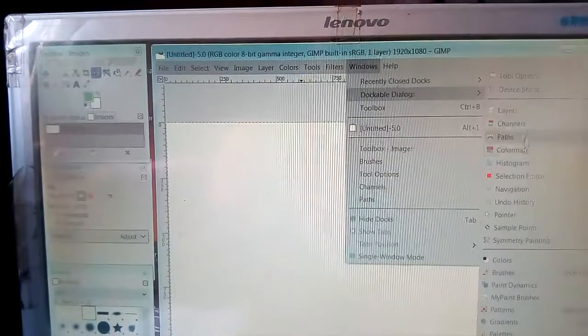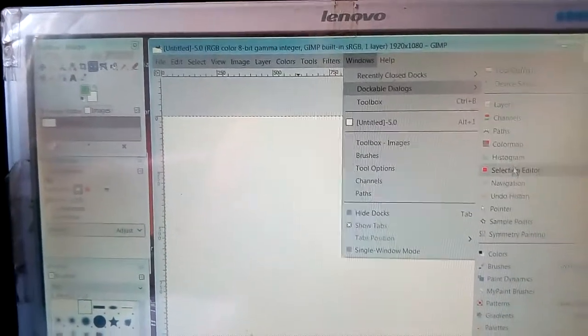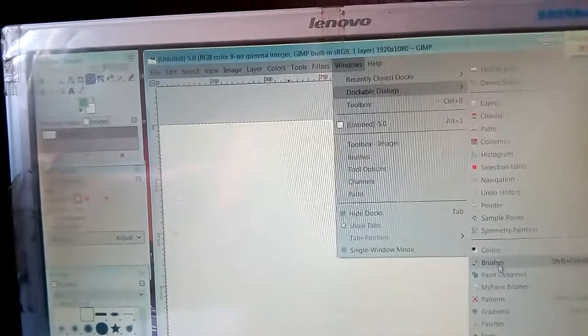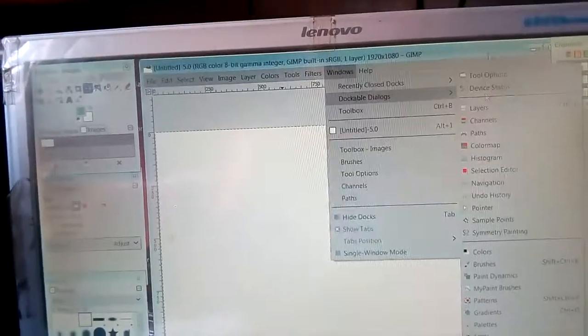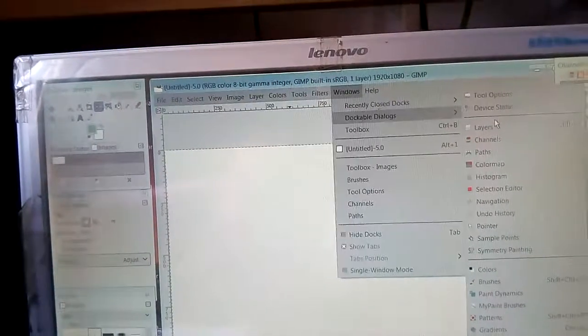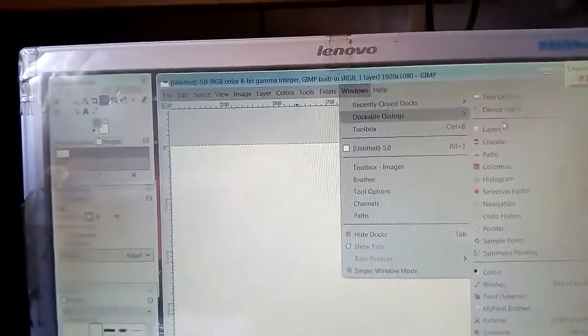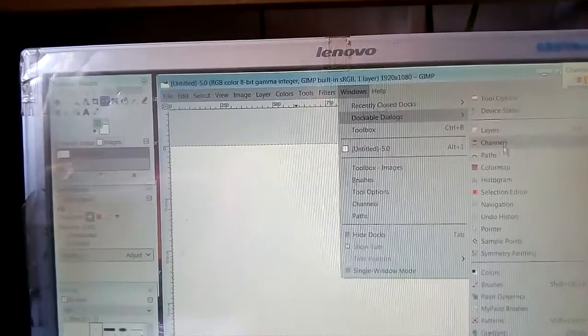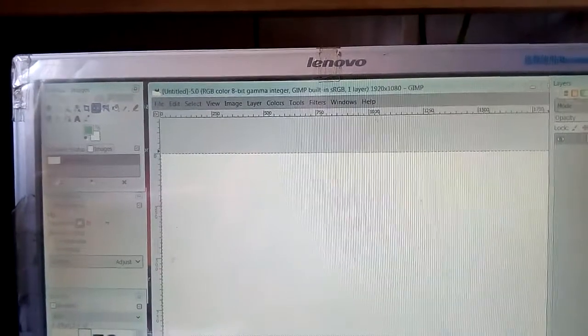From here: layer, channel, path, then undo history, brushes, pattern. You can activate these dialogs. So how will you activate the layer dialog? From here you can select the layer. Here you can see this one is the layer dialog.